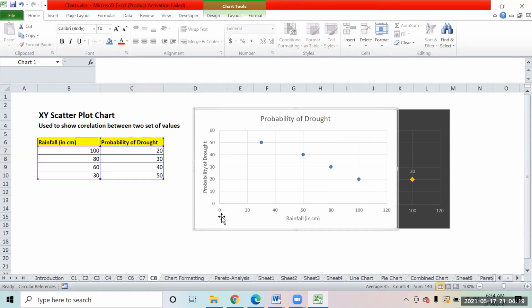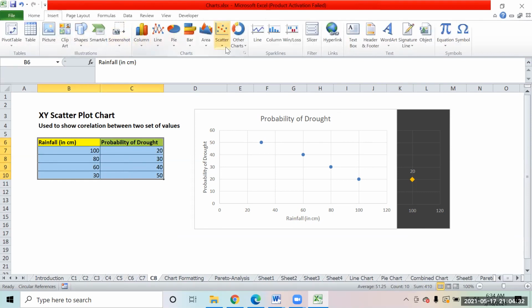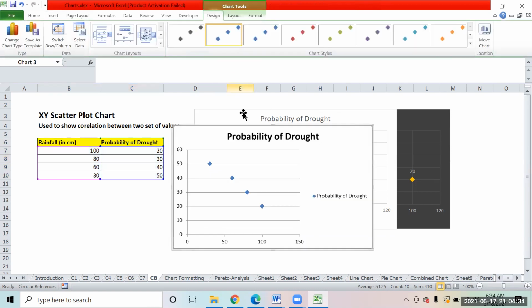To see that relationship, on the x-axis you have a numeric variable, on the y-axis also a numeric variable. You simply pick the two variables, go to insert, and get a scatter plot, which gives you the relationship between the two data points that you have.